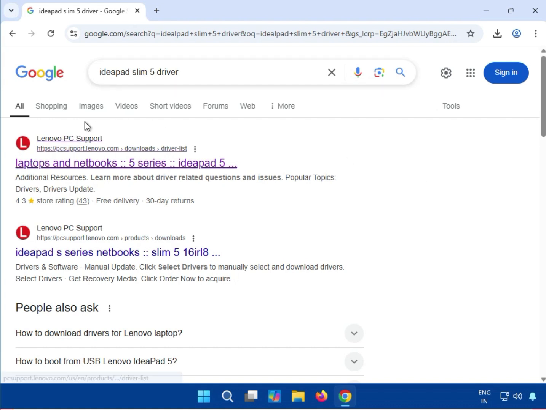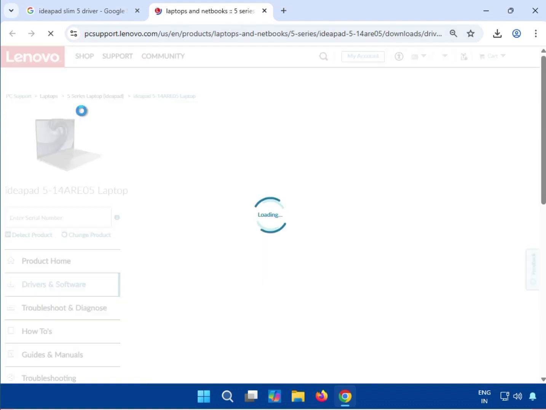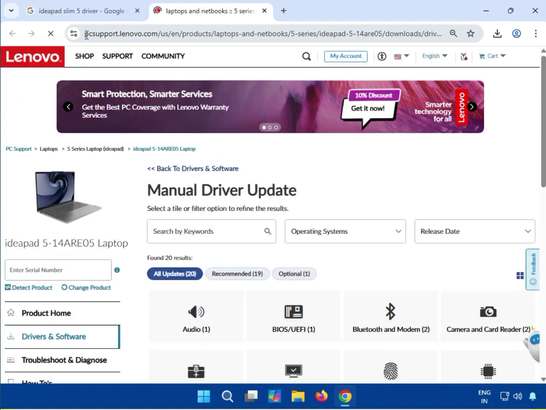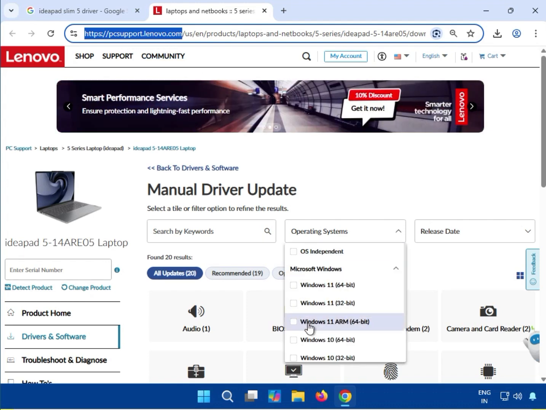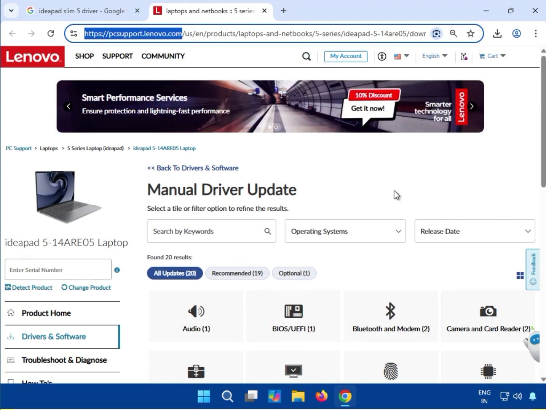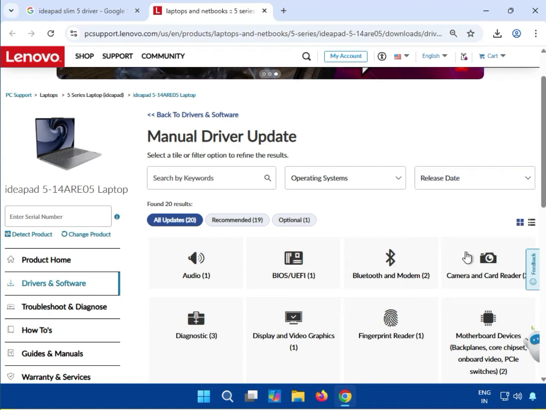Open any browser, search like that, okay, and right click to new tab. You can see this, guys. You can also come to this. This is the official support website, pcsupport.lenovo.com, and scroll down. If you select the last 30 days, 60 days, and like that,